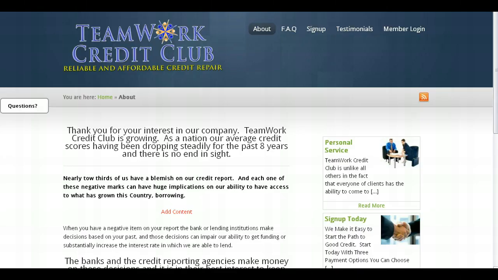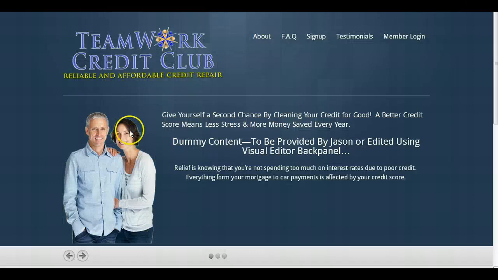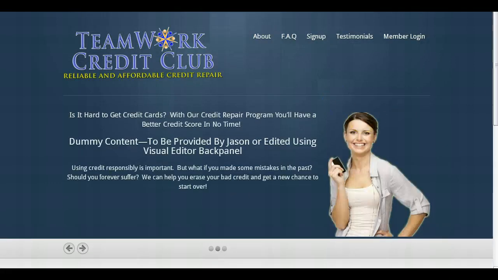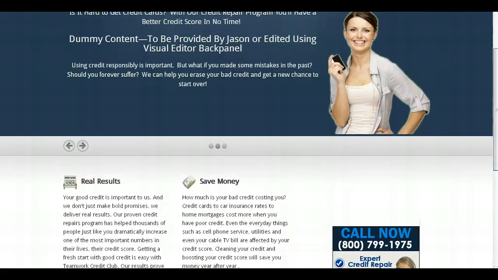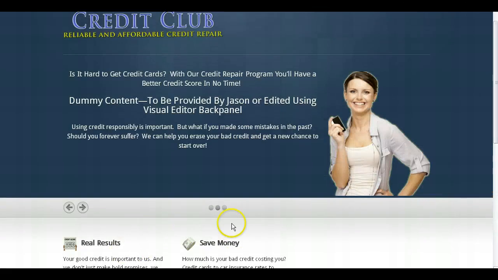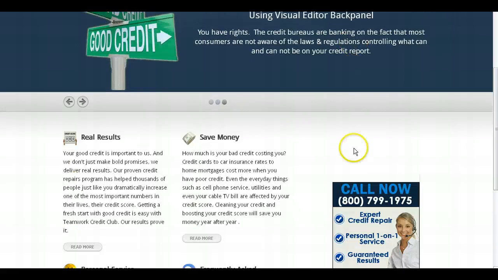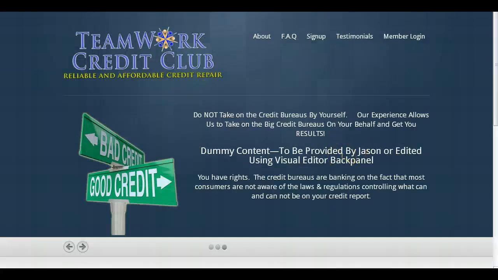Now you also have on your website, if we go here to the home page, this slideshow area here that I've set up. It's a nice modern slideshow. It kind of gives the benefits and the headlines of your service in a real nice eye-catching way. Now you edit this by going to Pages,